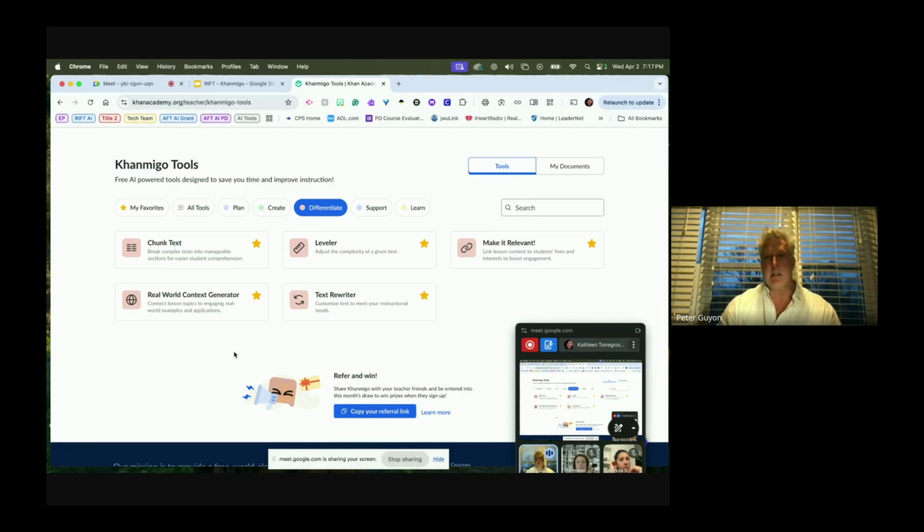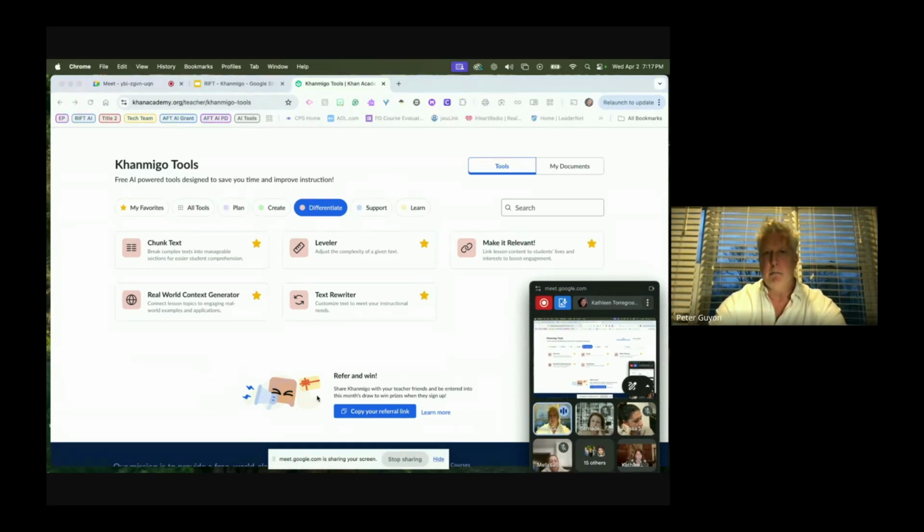So for Kathy's example of a perimeter, if she said they were all soccer fans, it would give Kathy examples of perimeter that have to do with soccer, or Fortnite, football, music or art, whatever the case is. You give it a little contextual information, and it'll make it even more relevant and help them better understand it if it's tied into something they like.